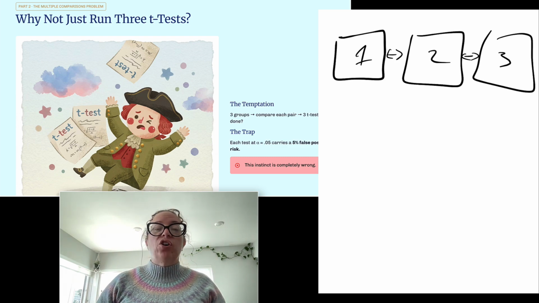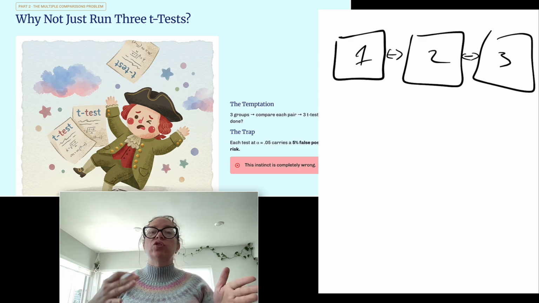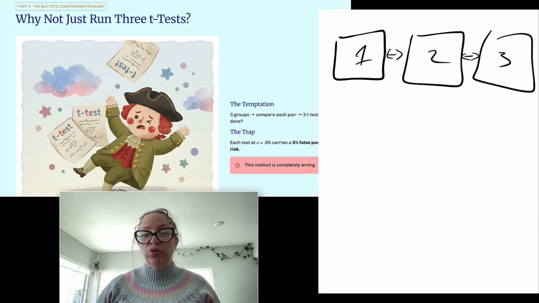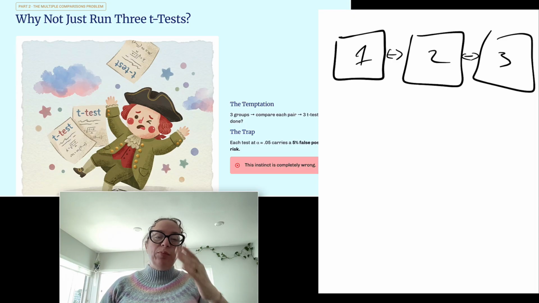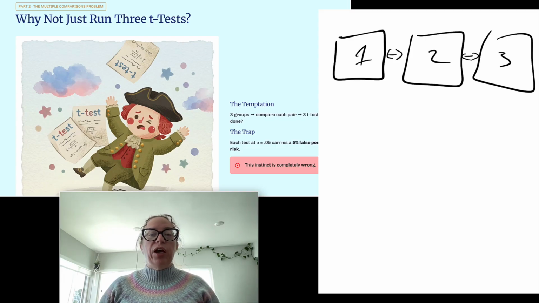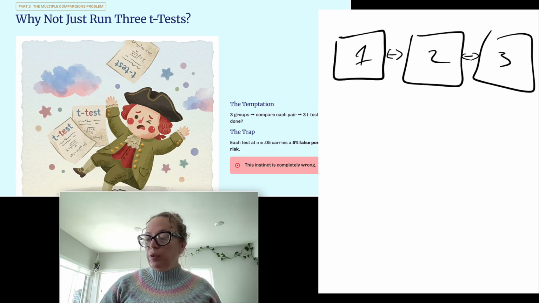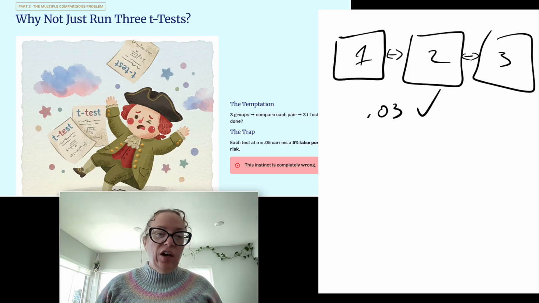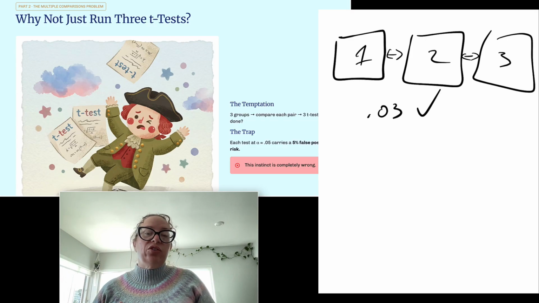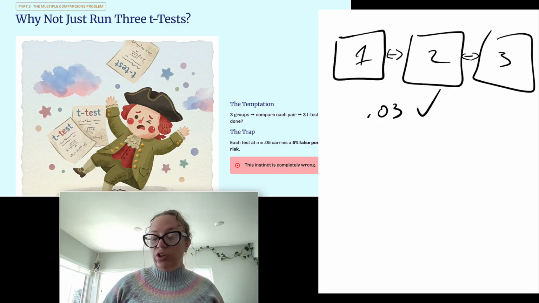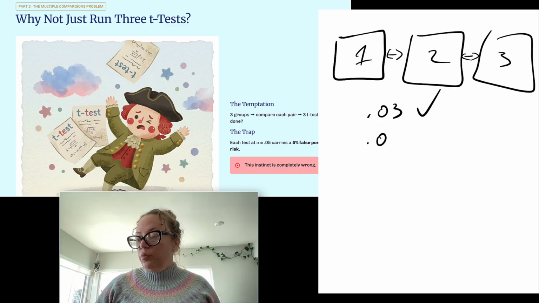So let's say you're Congress in 1800, evaluating which of these 3 diplomatic strategies we should use. You want to know which pairs actually differ. What you're tempted to do is run a t-test comparing Spain's tribute approach to England's tribute approach. And the result might be 0.03, which is significant. Yay, okay. Then you run another comparing England to Thomas Jefferson's war approach, and the result is p equals 0.05,